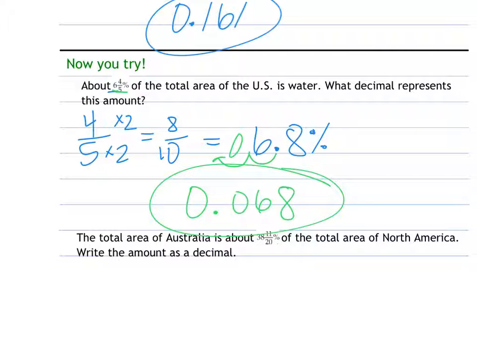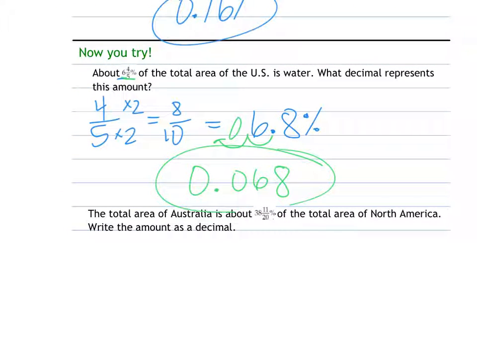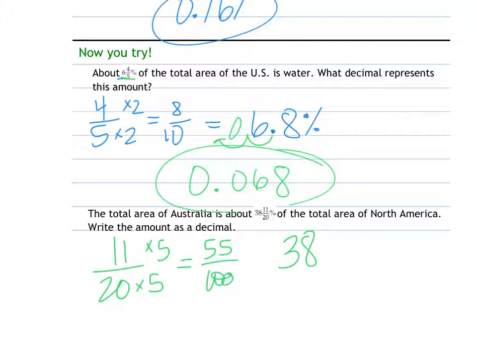The total area of Australia is about 38 and 11/20% of the total area of North America. Write this amount as a decimal. Well, again, 11/20. I know I can multiply 20 by 5 to get a nice denominator of 100. So that would be 55 over 100, which as a decimal, put the 38 back in front of it,